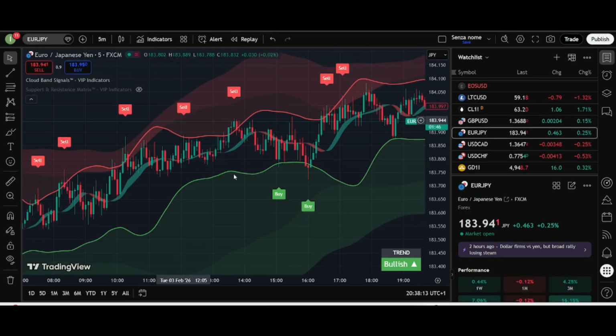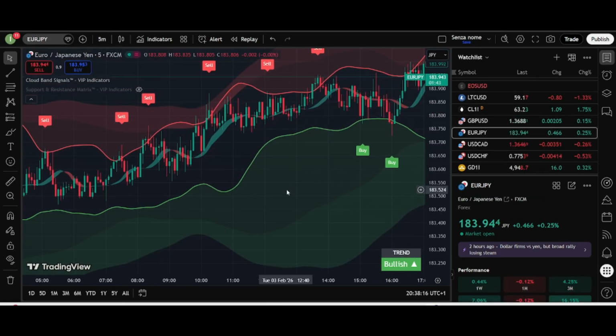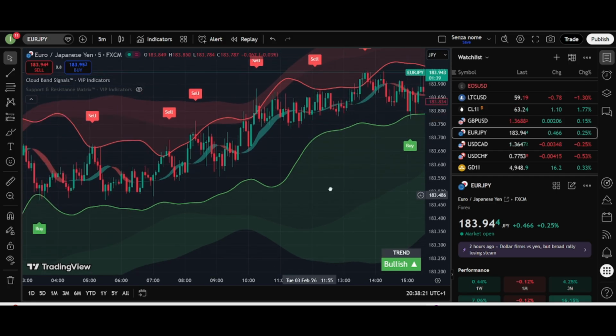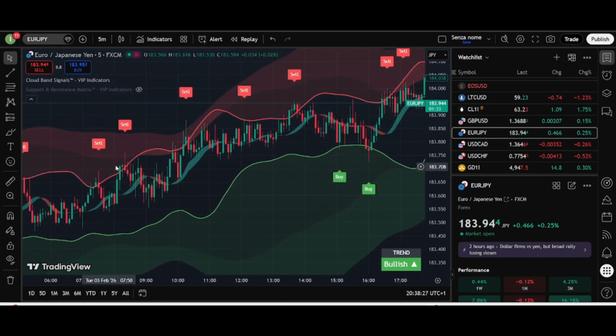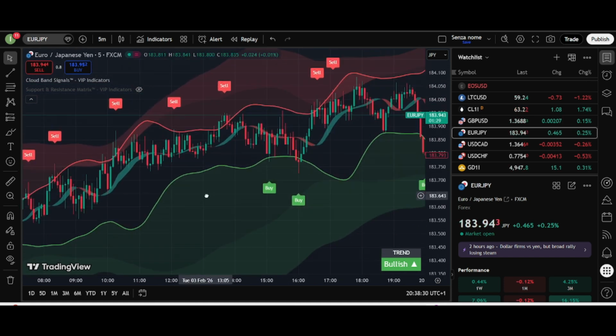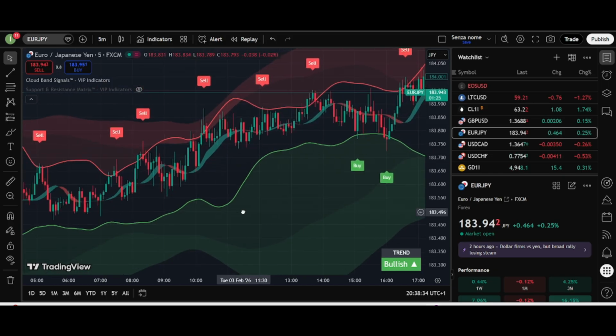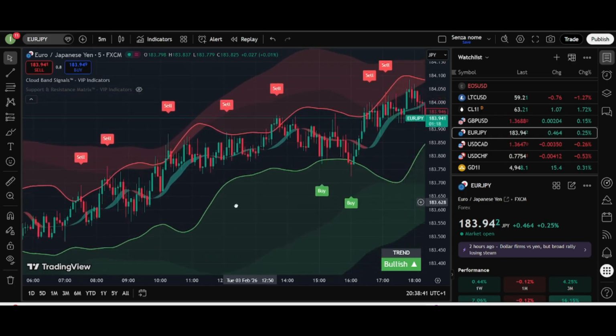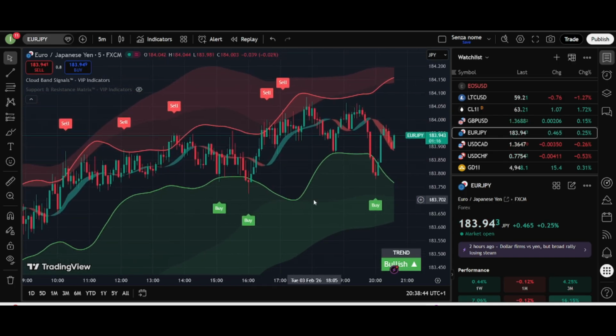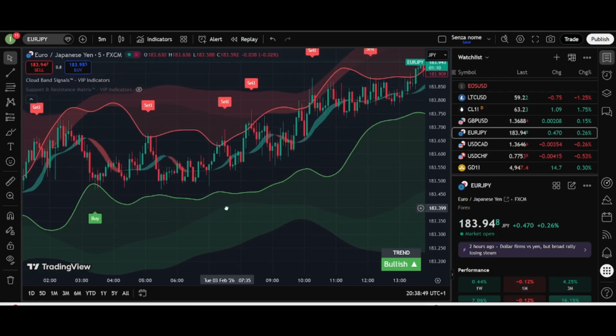Euro Japanese yen, on this pair we don't have a lot of movement, honestly. In fact, the price was slowly climbing and we got multiple sell signals, and the distance between the bands is very small, so volatility is low, and I don't usually trade it. For me, reading the chart with this